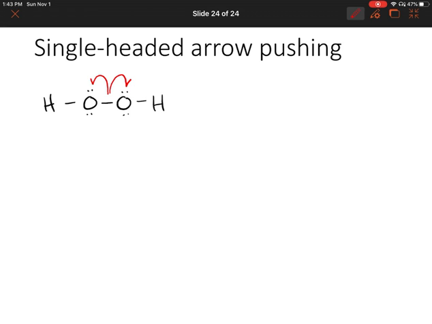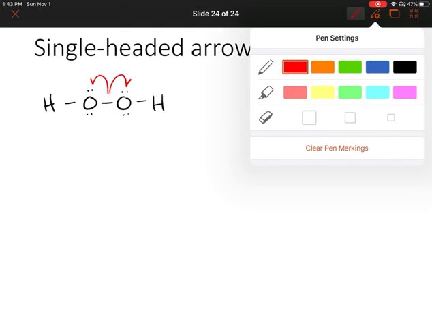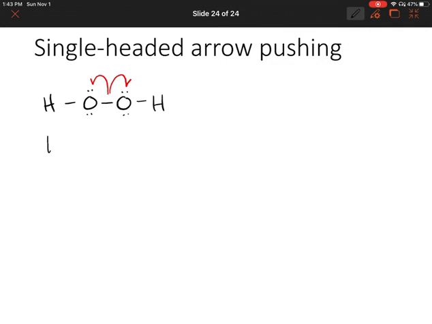And remember, with a single-headed arrow, we're indicating that only one electron is moving. So what that tells us is one electron's moving to the left oxygen, one electron's moving to the right oxygen. And this is what's called a homolytic bond cleavage. So the bond essentially splits apart,